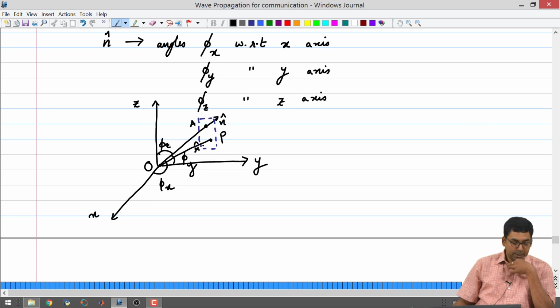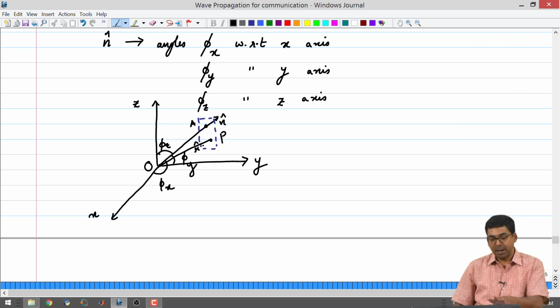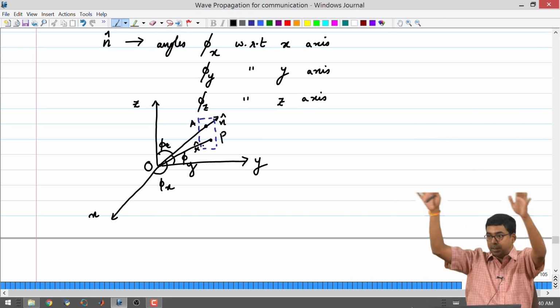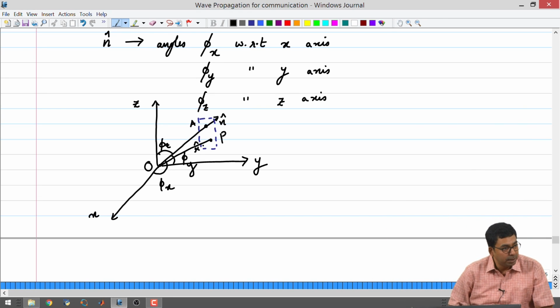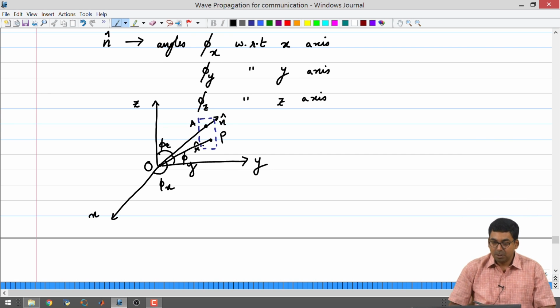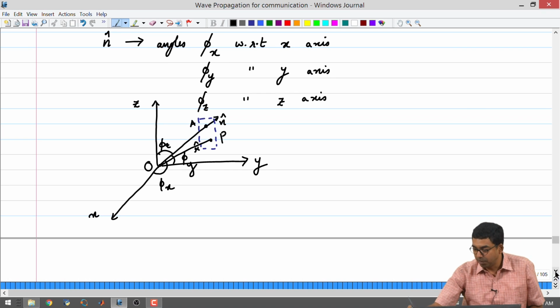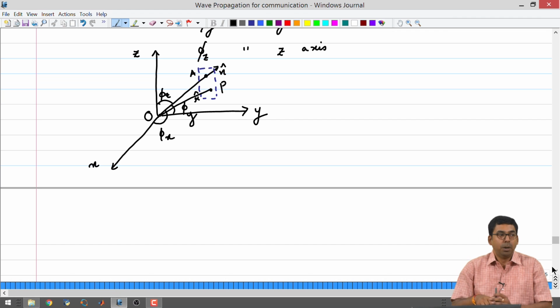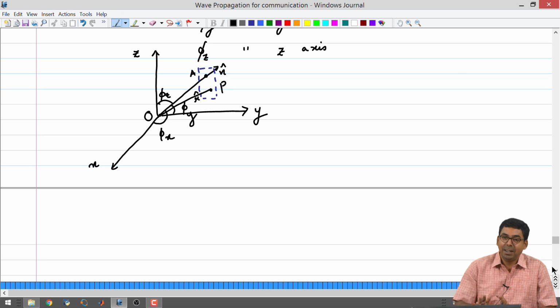So, this makes it a little bit tedious to describe a plane wave in this kind of a scenario where it is traveling in an arbitrary direction. It is a plane wave, that means it has a large plane where the phase is constant, but you have a coordinate axis with a fixed origin, and you have to describe that at every point on this plane the phase has to be constant. So, it becomes a little bit more challenging to think about, but once you orient everything to a coordinate axis, then it becomes very simple. But in an arbitrary direction, it is always a little bit more complicated.